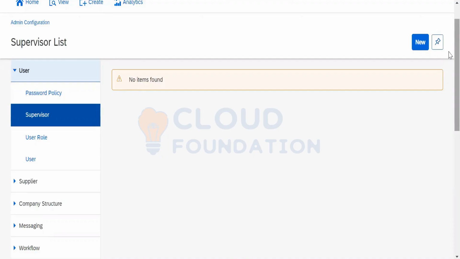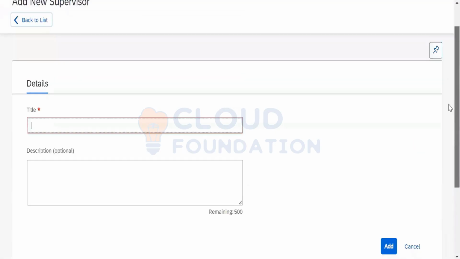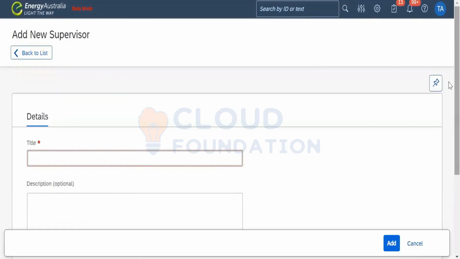They might put them into the supervisor's role here. They can give the title because they will be working in different streams or different lines. Supervisors are nothing but the line managers. It is completely left to the company's ideology whether to utilize this or not.